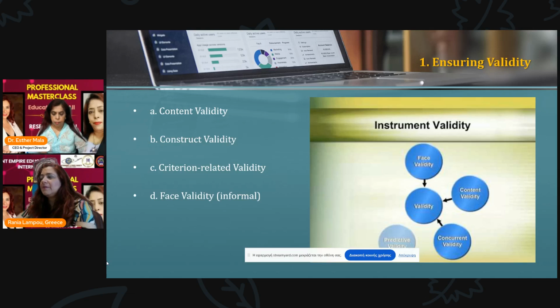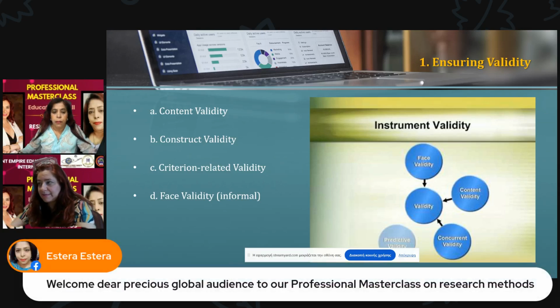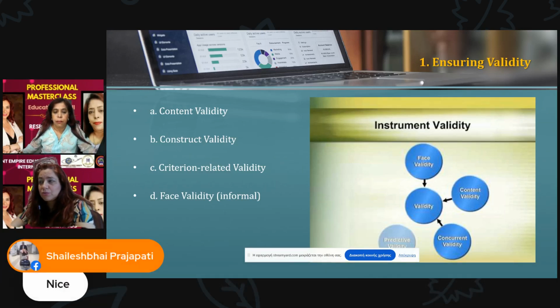Construct validity. This confirms that our test actually measures the theoretical construct. For example, motivation, intelligence, etc. How to ensure construct validity? By basing test items on established theories and definitions, using factor analysis or similar statistical methods, and collecting evidence through pilot testing. The criterion-related validity, which compares test results with an external benchmark or outcome, how to ensure it: by correlating